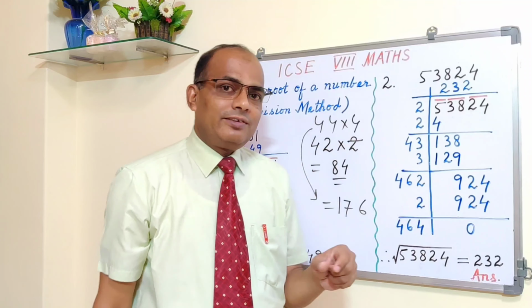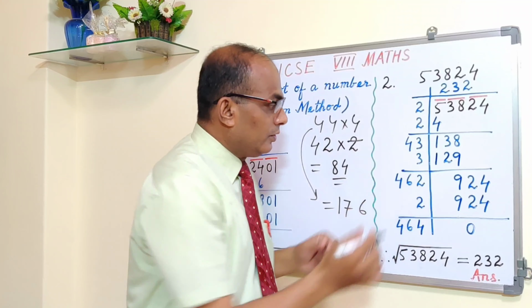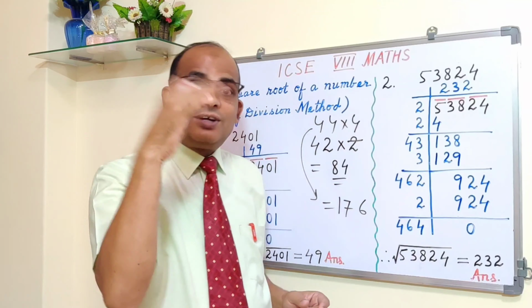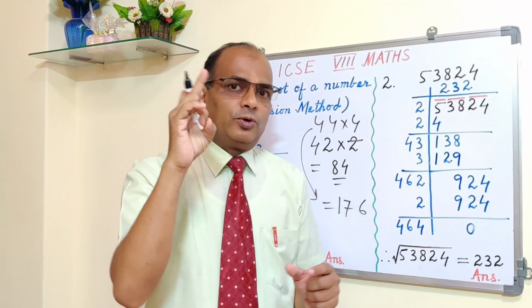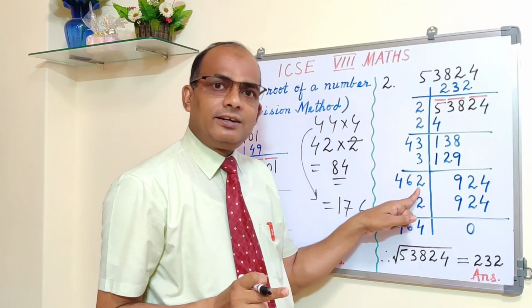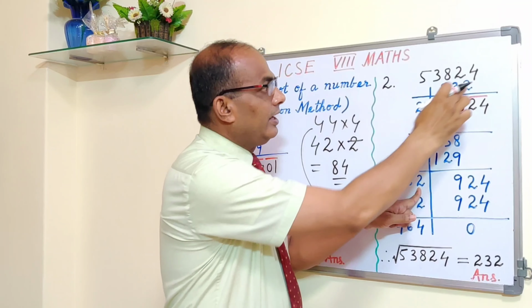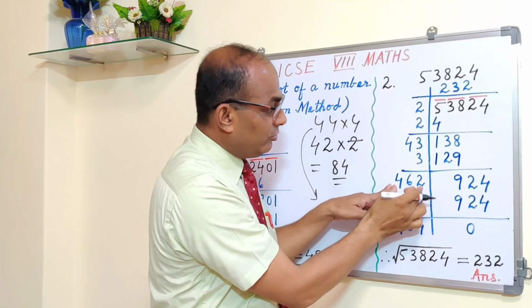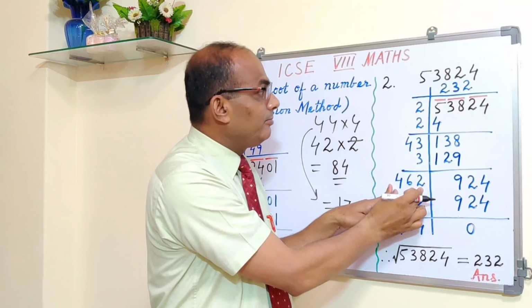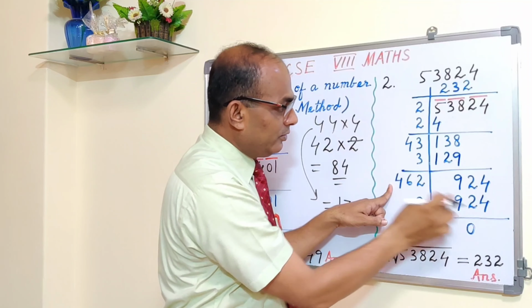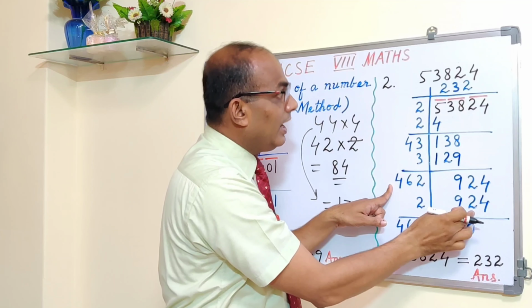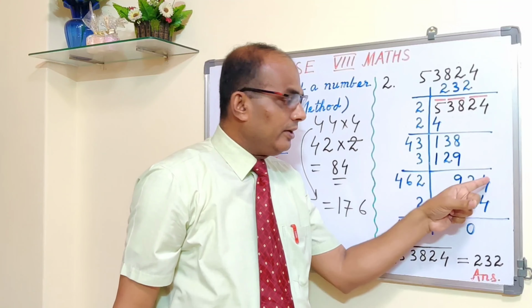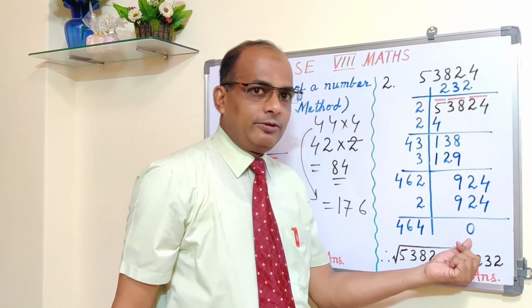So again I am guessing that maybe it is 2. First you don't write down 2 here. First this place will be vacant and then you guess, you try, you find out. So maybe 4, maybe 2. Okay, maybe then let's write down 2 here. Then 2 you have to write down here also in the quotient, the next digit 2. Now this becomes 462. This 462, the new divisor, will be multiplied by this 2. 2 2s are 4, 2 6s are 12, write 2 carry 1, and 2 4s are 8 plus 1, 9. 924. Fine, equal to 924, right? And then you subtract, you get 0.